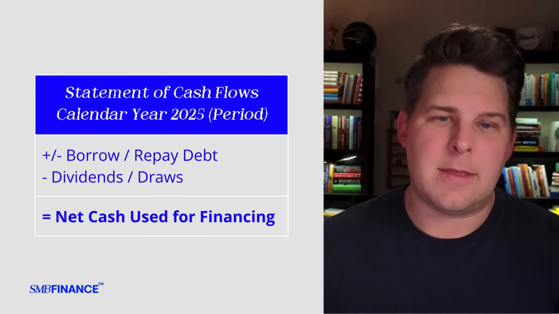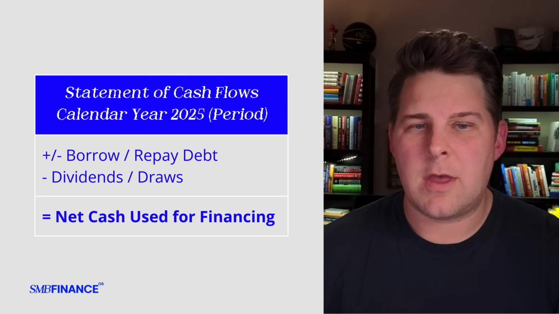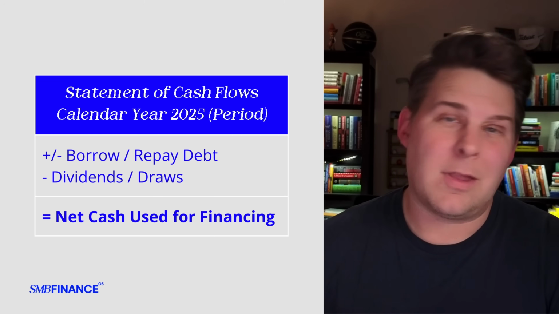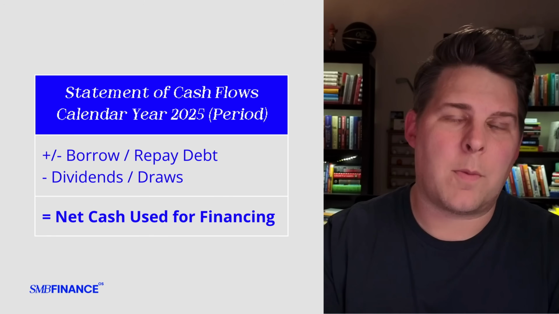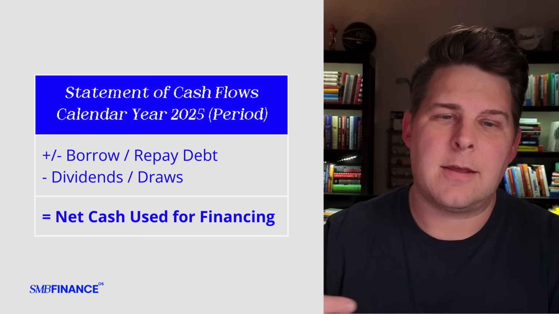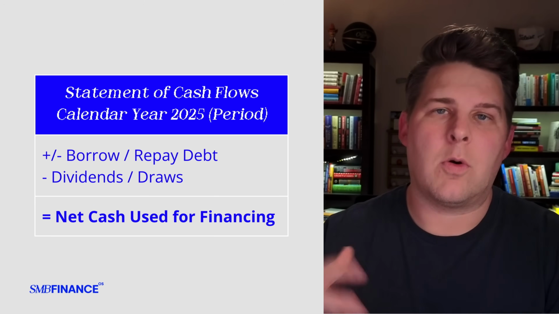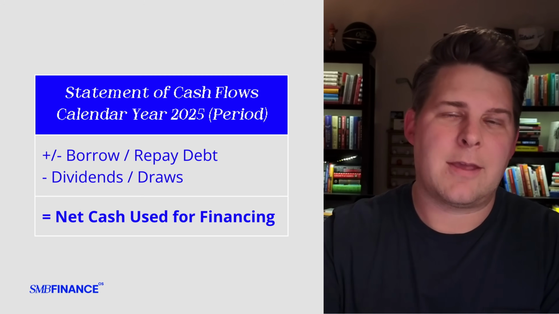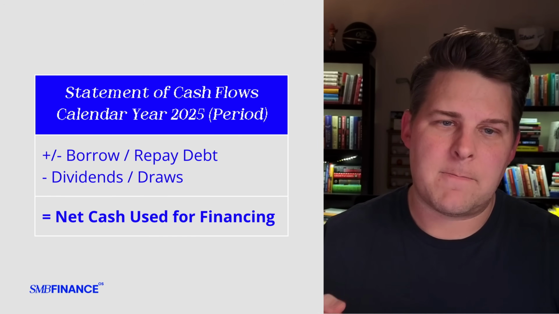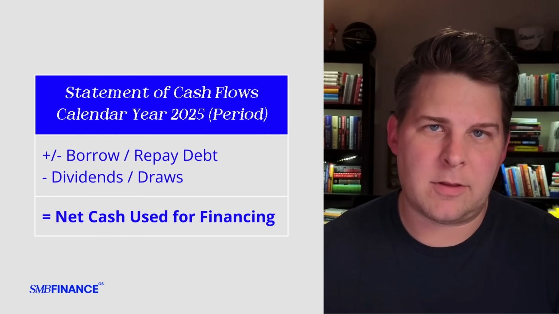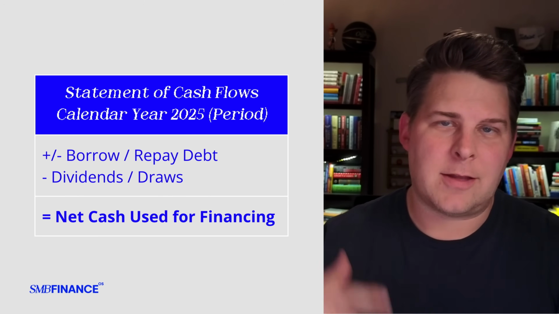Last, we have the financing cash flows. These are the cash flows that are related to taking in new debt or paying down debt, and then the dividend or draw or owner's distributions cash flows. So when you pay down debt, when you distribute money to the owner, that is using cash that's not reflected